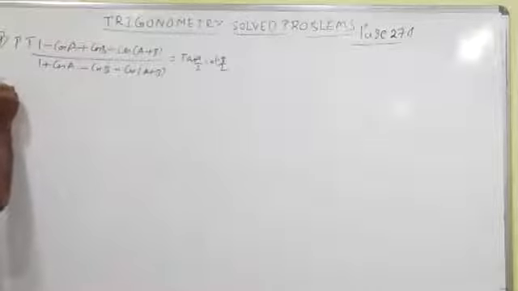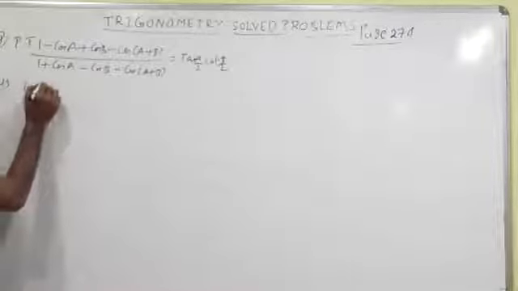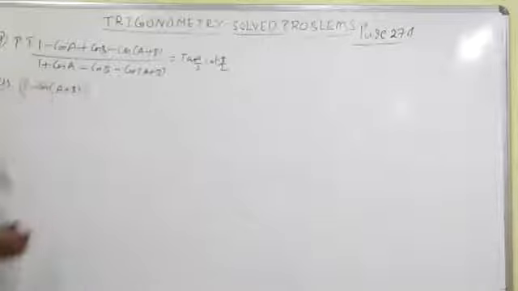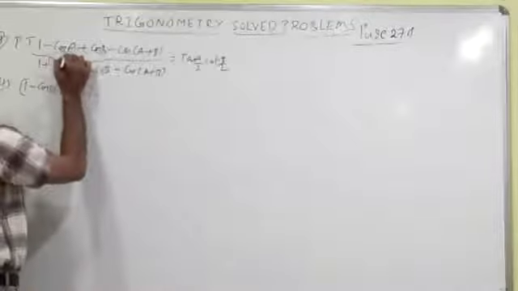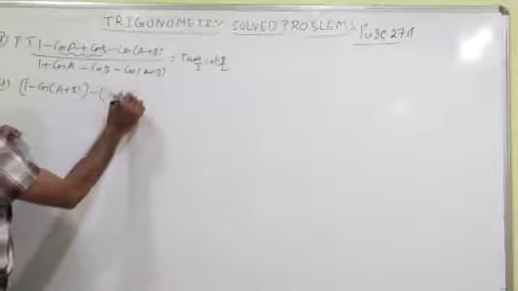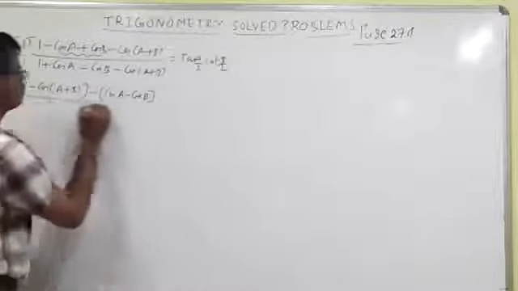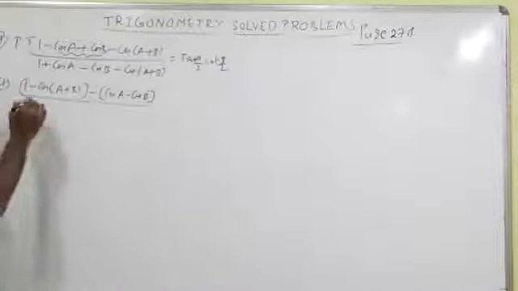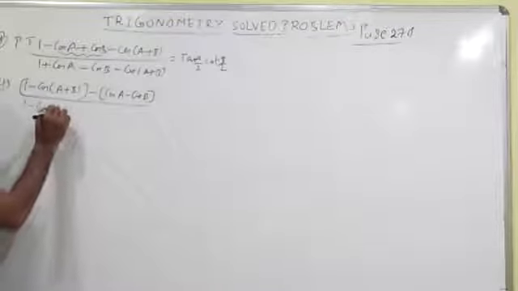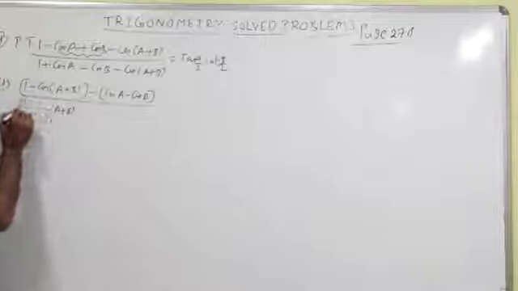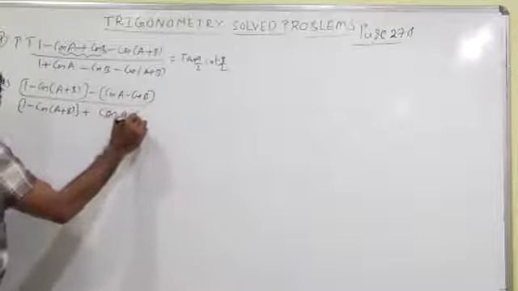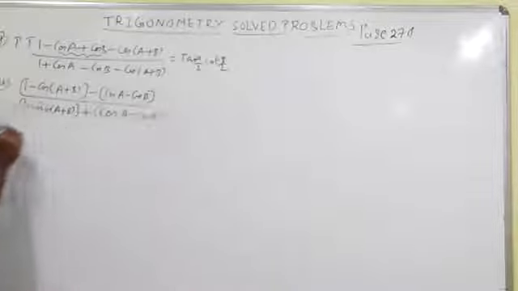Take LHS. So better to write like this. 1 minus cos of a plus b, take this one as a term. Minus, take common in these two terms, minus of, within brackets, you write minus of cos a minus cos b, whole by. Similarly, better to write here in the denominator 1 minus cos of a plus b, and plus you write now plus cos a minus cos b. That is equal to,